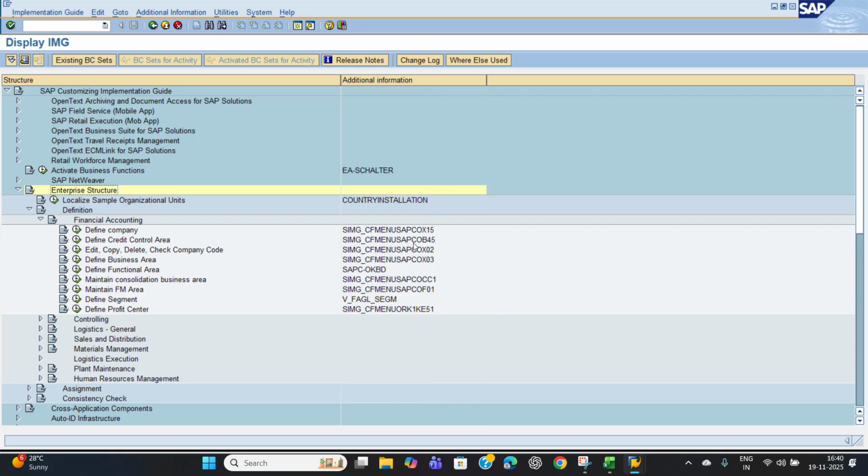and here the last four digits are the T code for each organization unit, which means OX15 is the T code for define company, and OX02 is the T code for edit, copy, delete, check company code. First, we need to do the first organization unit. First, we need to define the company. To define the company, we need to click on this clock symbol